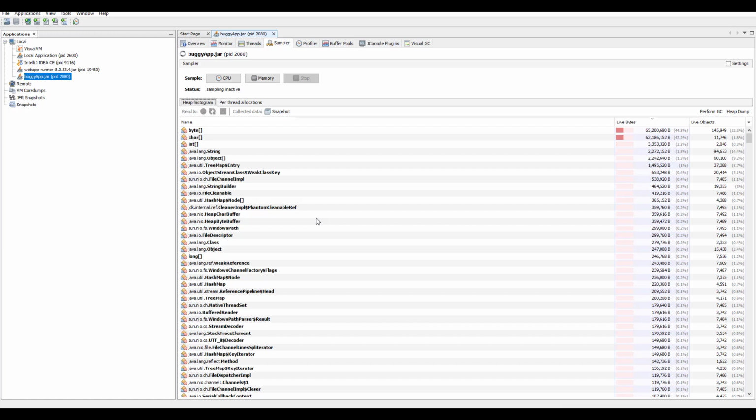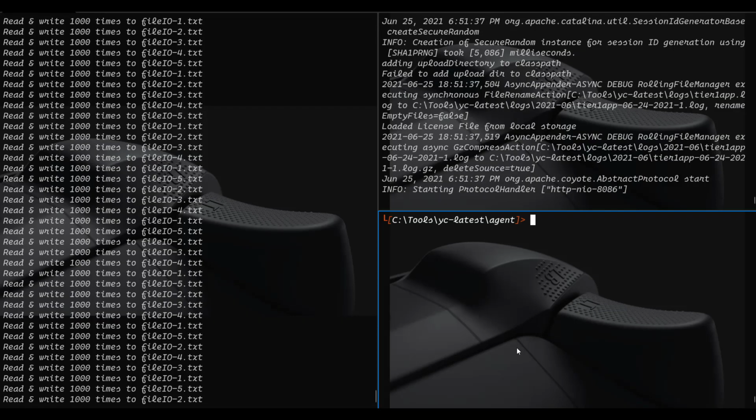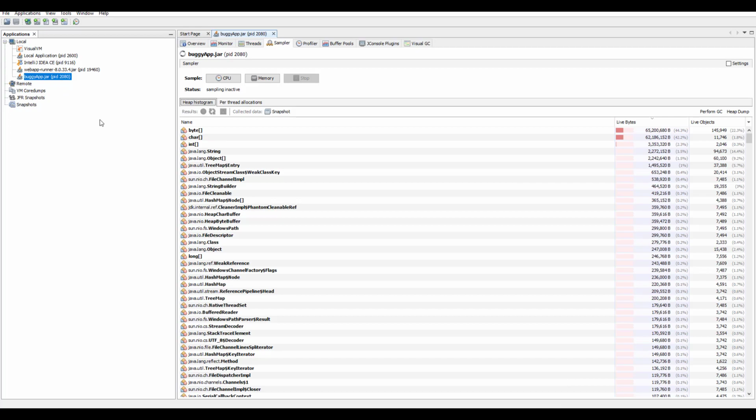Now let us take a dump using the ycrash agent and visualize it in the ycrash UI. Here you have to pass a couple of arguments. First is yc.exe. This exe file you can locate under the agent folder, and you have to pass the process ID. The process ID of the Buggy App you can take from Visual VM, which is 2080.